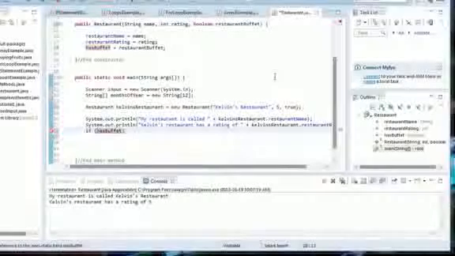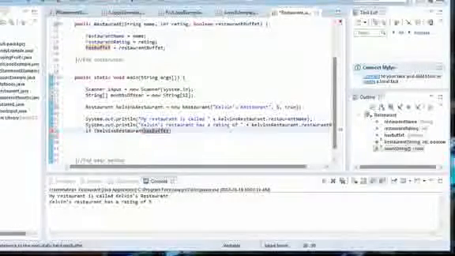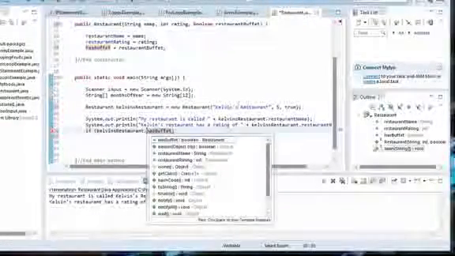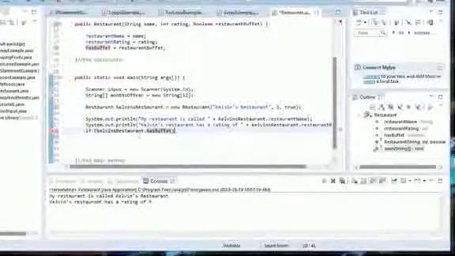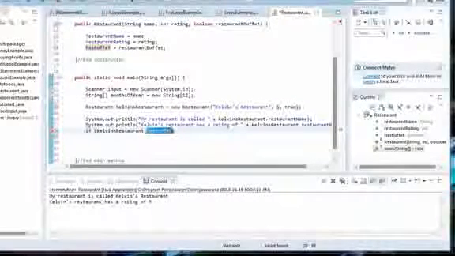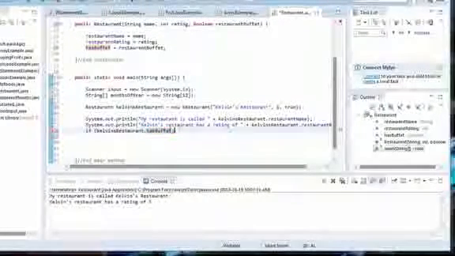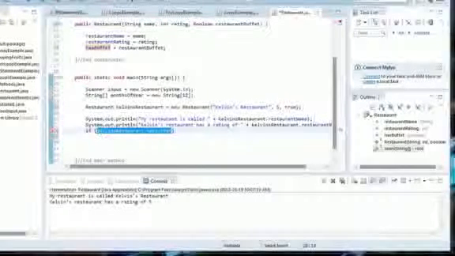So if Kelvin's restaurant dot hasBuffet, what this means is, it looks into Kelvin's restaurant and it looks into the hasBuffet variable, which we set to true. So what this means is if Kelvin's restaurant hasBuffet is true, then I'm going to print out